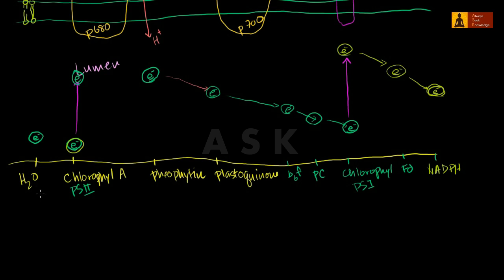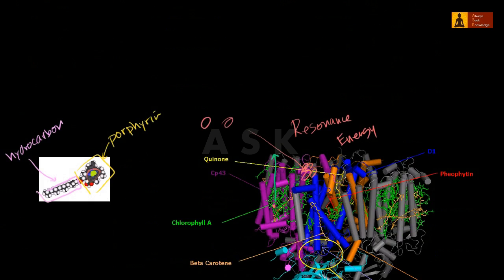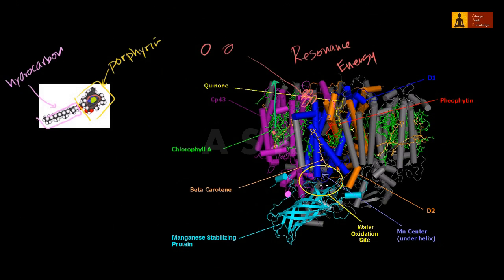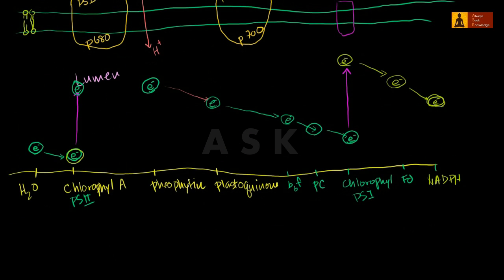And that's where that amazing thing that I talked about in the last video happens. Water gets oxidized. Oxidizing is losing electrons. Oil rig. So water gets oxidized by the water oxidation site on photosystem 2, and that electron ends up and replaces the electron in the chlorophyll. So once again, that's an amazing idea that you're oxidizing oxygen. So the net effect of what's happening is you're using energy. You're using this photon energy right here